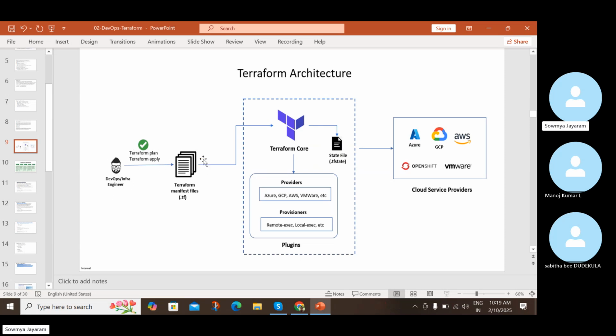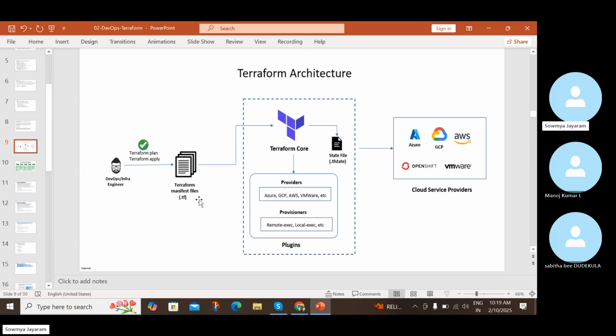We will create files in Terraform. Manifest files are nothing but the Amazon.tf file, main.tf. You have a bunch of script files, right? Using those script files, you give the commands, the first four stages. Destroy you will not give in the beginning itself. You initialize the Terraform environment, then give validate, plan, and then apply. Those are the stages where the DevOps engineers